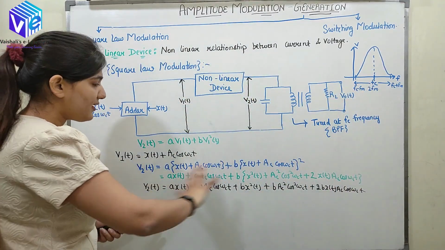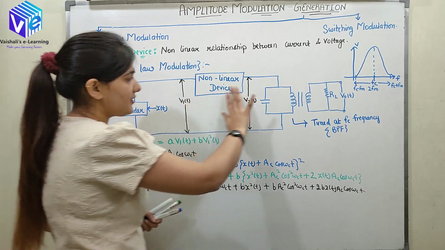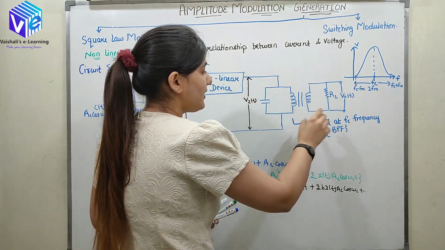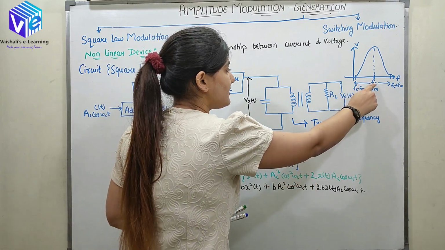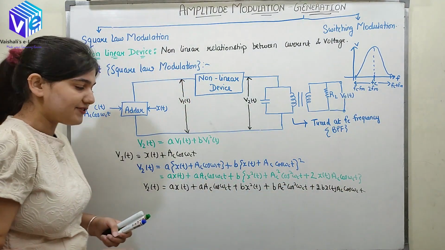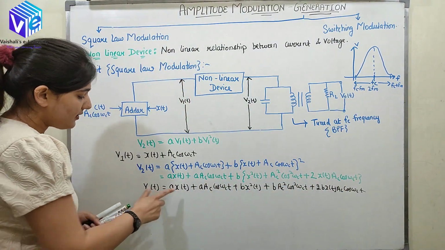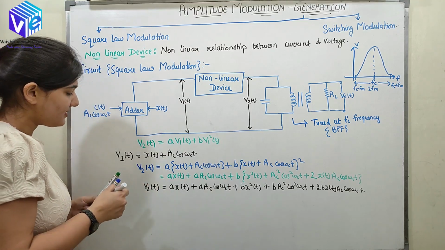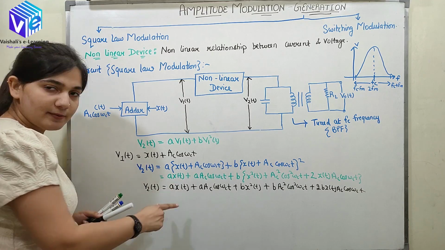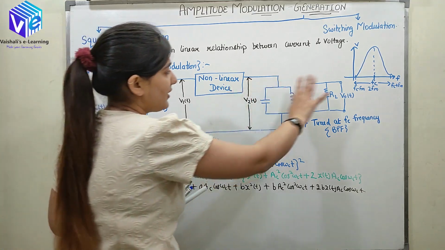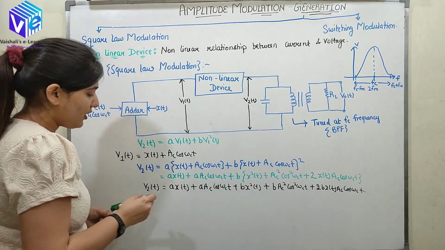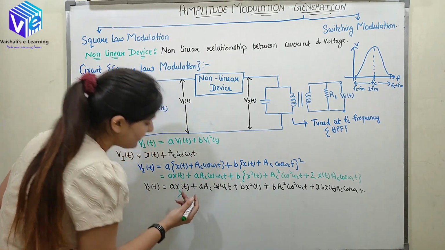So now I'll see all of these terms. So these terms, this V2 is going from here, but this circuit is only allowing the frequencies which are centered around FC. So this signal is a low frequency signal. I know my message signal is a low frequency signal. So now this would not be allowed to go from here to here. So the output voltage would not contain this signal. So this signal is cancelled at the output.